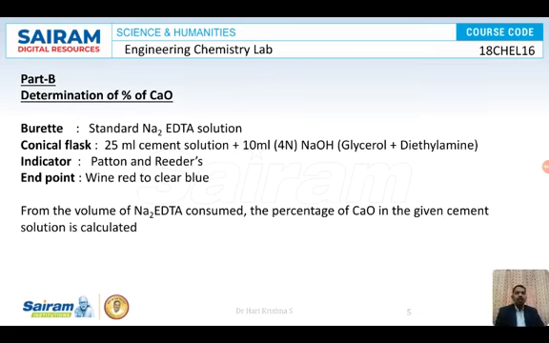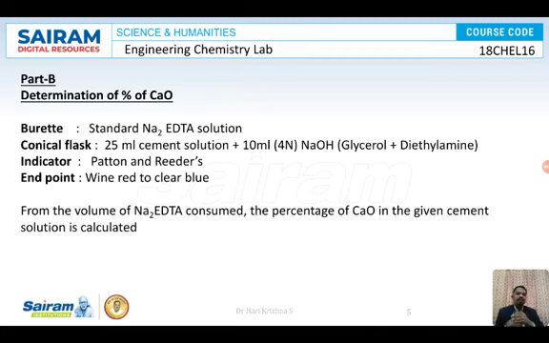So now you might have a doubt. In the previous experiment, the hard water also contained calcium and magnesium. Here also we have calcium and magnesium. The titrant was the same, Na2EDTA. But why are we using different indicators? We are using different indicators here because, what happens is,